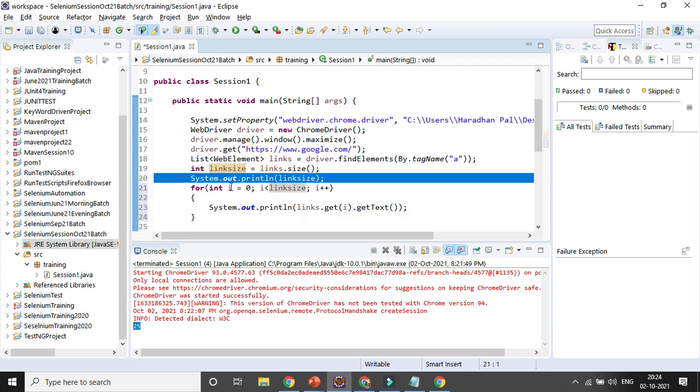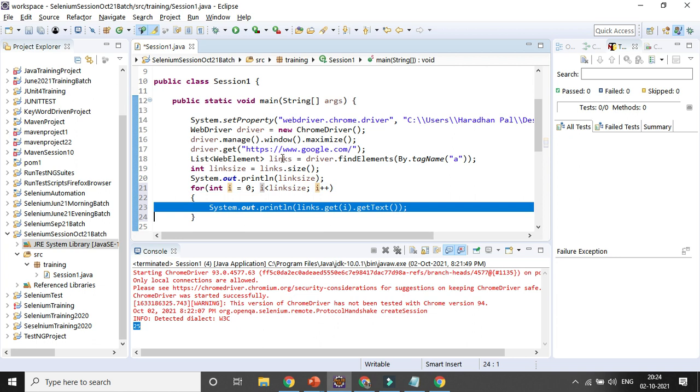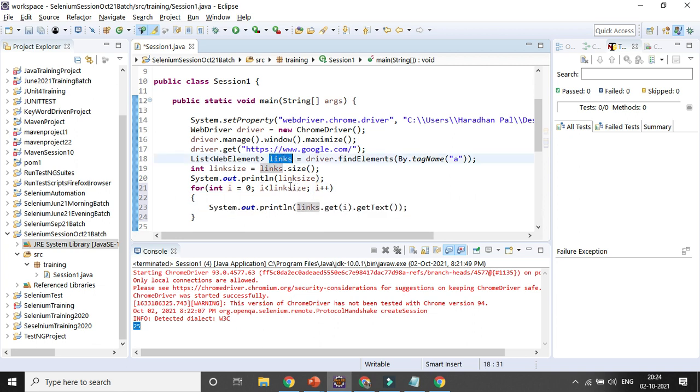Now if I want to get all the text of the links, I will use a for loop. I am starting from 0 and going to size minus 1 because I am starting from 0. Size is 25 means 25 elements are there, but if I start with 0, I will go till 24 so that I get 25 elements. That is the loop concept. I iterate one by one and print links dot get of i for every i, and get text.